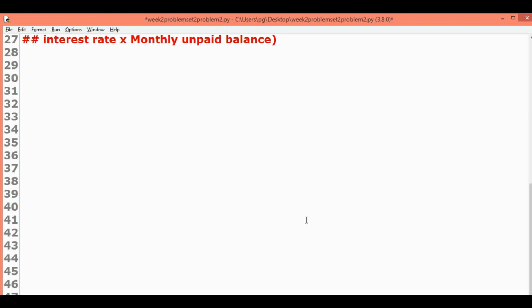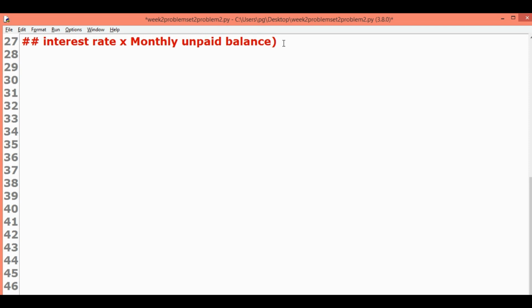Before we begin, please understand that there may be several possible ways to solve any given coding problem. The way I am attempting to solve this is just one of the many different solutions. If you want, you can pause this video here, try to attempt this problem on your own, and then come back to this video to see the way I have tried to solve this. Okay, let's begin.